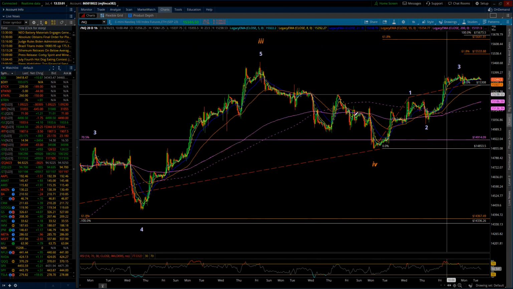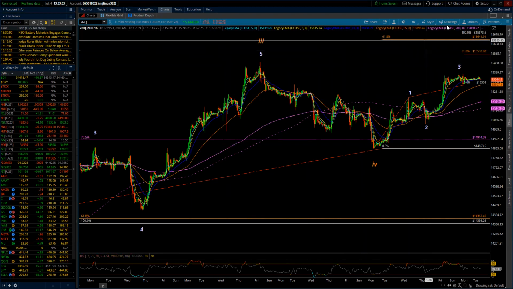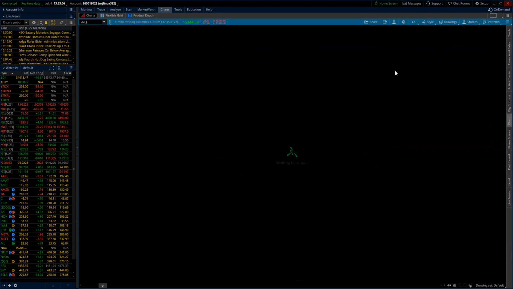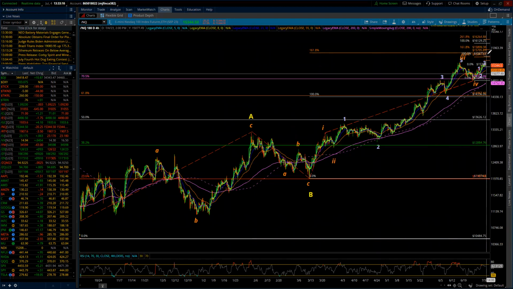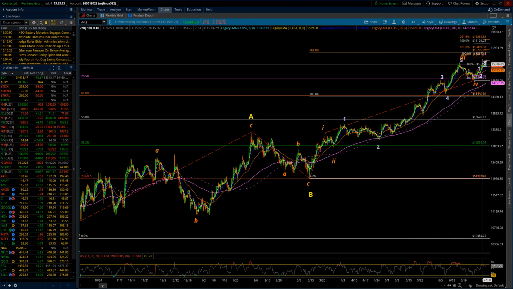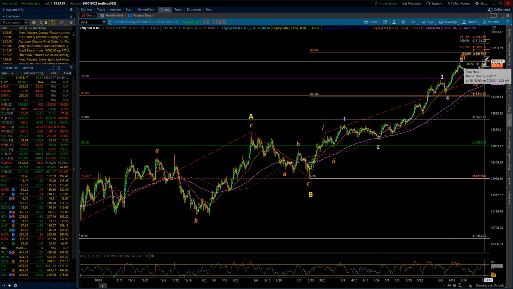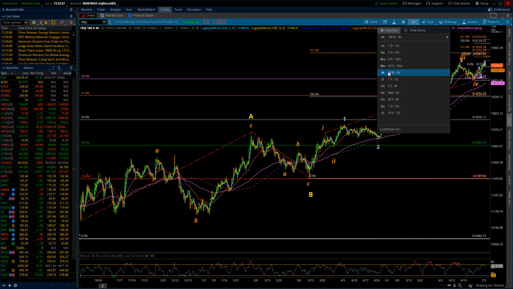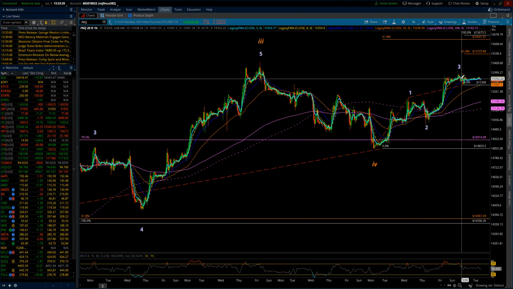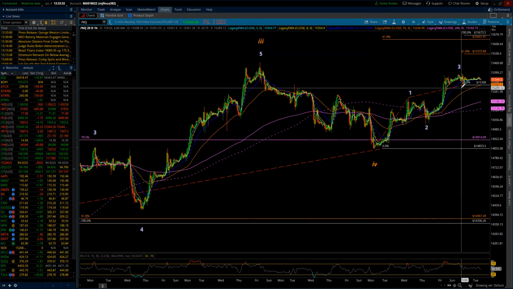Okay. So what are we looking at here? Again, let me just flip to my 4-hour chart. Here we have the C wave. We have 1, 2, 3, and 4. We're inside this 5th wave. We have 1, 2, possibly 3 being done. I'm going to give the benefit of the doubt. We got a little bit of extra pop. Then we put in a 4, and then we put in a 5. That may not fit, which is what's happening within the markets. So we're going to leave it as is, and that would be labeled wave 4.